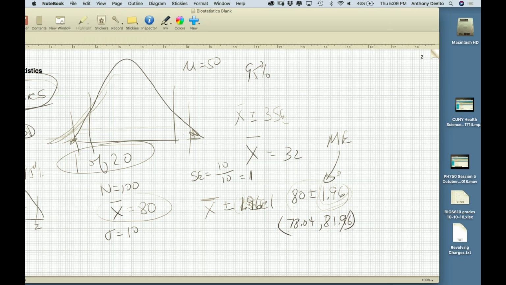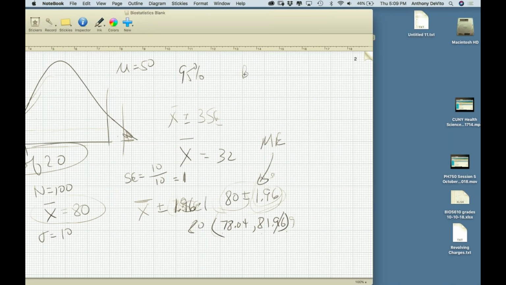And you see all the statistics and all the important stuff. But in the abstract, in the summary of this whole thing, they always, if they give you a result for a numerical variable, like blood pressure is 80, they'll put right next to it the confidence interval. They'll say 95% confidence interval, 78.04 to 81.96. So that when you say that kids in the Bronx have a blood lead level